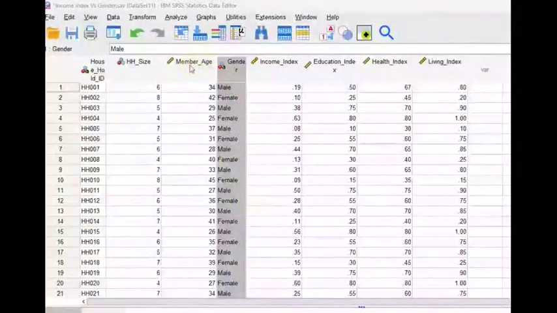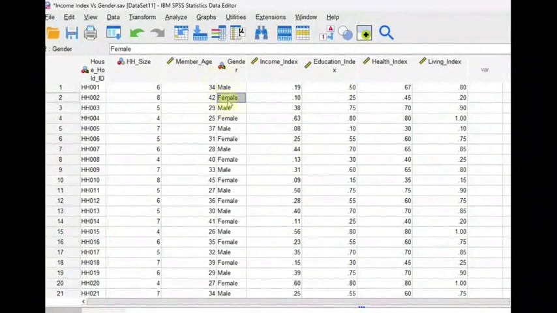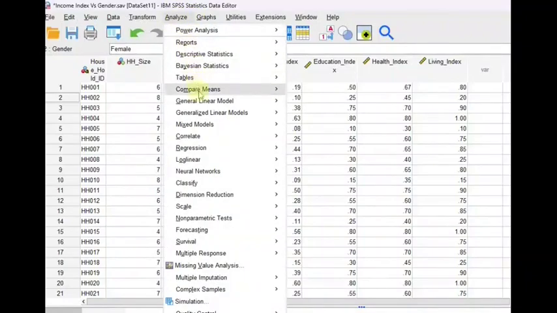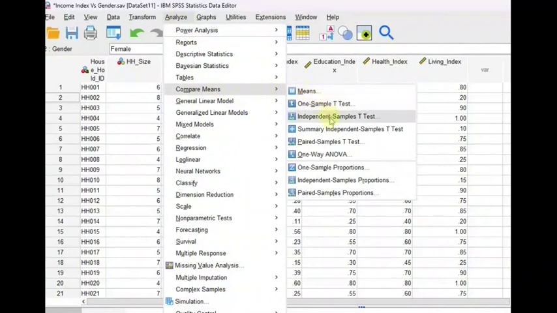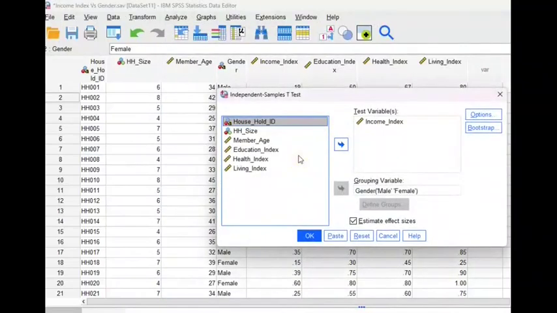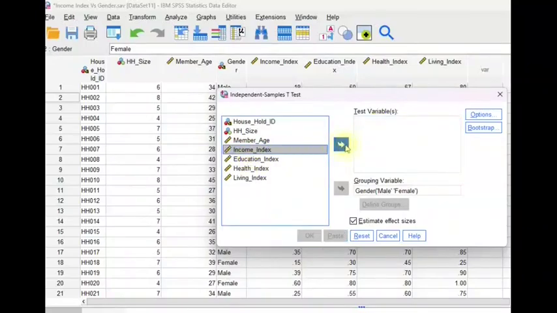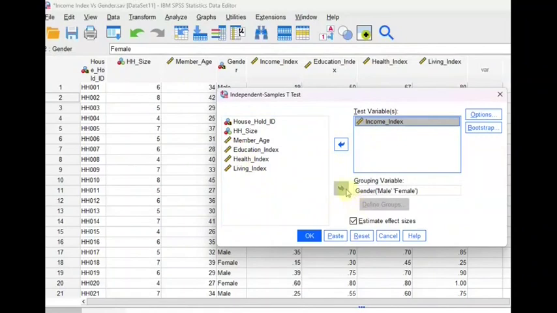To compare two groups, in this case the gender, which is the male and the female, we want to carry out the t-test of these groups. And then what do we do? We go to analyze, click compare means, and then click on Independent Samples t-test. In this case, the variable we want to analyze is the income index. You send it there,